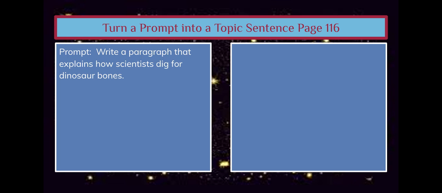The key direction words often contain an action verb with a noun that specifies what you are to write. In this prompt, paragraph tells you what you are expected to write, and explains tells you what kind of paragraph you are to write. Next, look for words that tell you what the paragraph is supposed to be about. In this case, we are going to write about